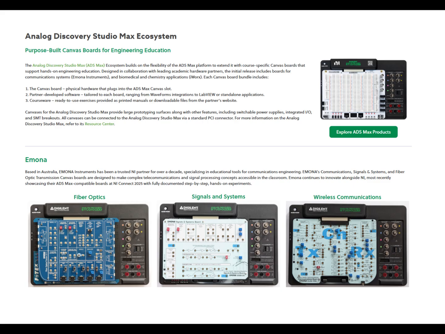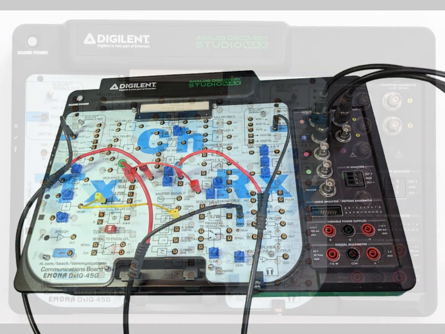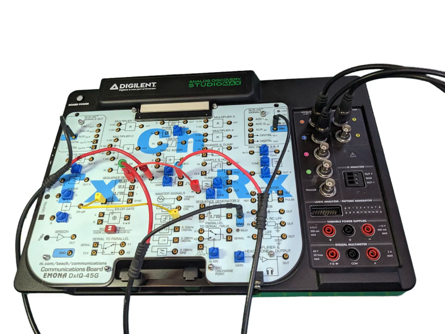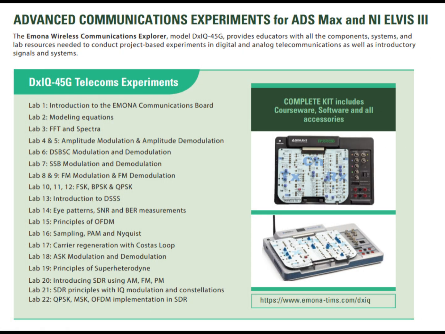The DxIQ. The EMONA Communications Board is a collection of functional circuit blocks which are patched together by students to build real-time communications experiments to study in depth. Building experiments following a block diagram approach enables many experiments in the one system. More than 20 fully documented step-by-step experiments are covered in the included lab manual, and you can easily create your